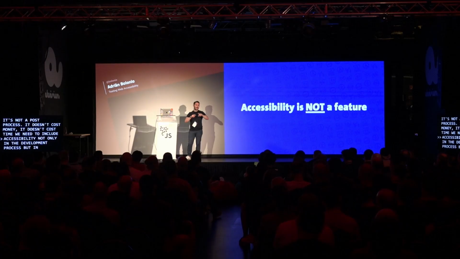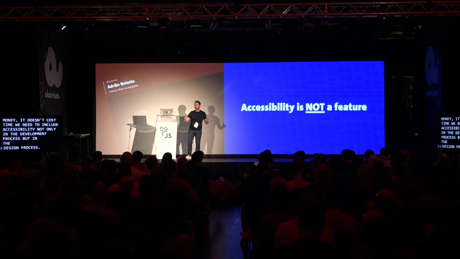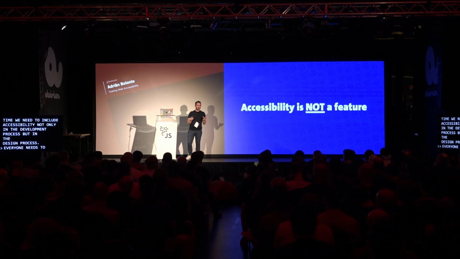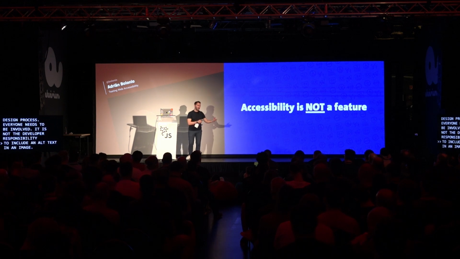This is not a developer responsibility to include an alt text in an image. There are super good tools for designers. For example, Figma has accessibility annotations. A product manager needs to say, okay, I want this text in the button, but is this text meaningful enough? Because we have what we call invisible disabilities, cognitive disability, for example. Is continue, save, delete enough? For you it is, because you know the context, but delete what? Continue to where? Those are the things that we need to think about, not only when we develop,